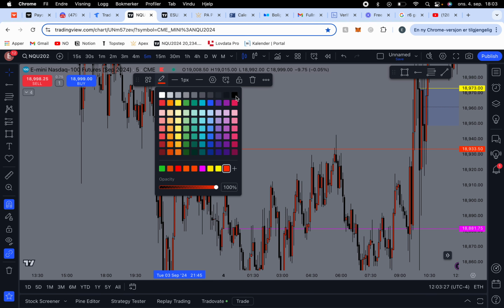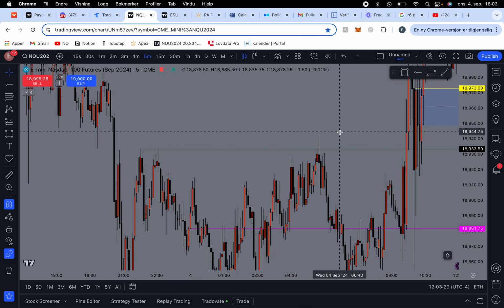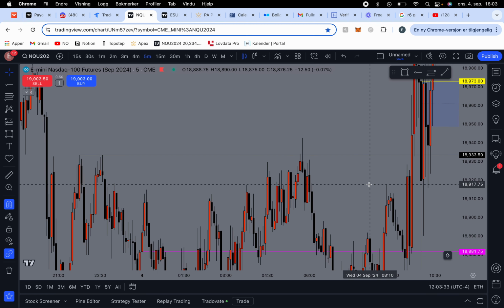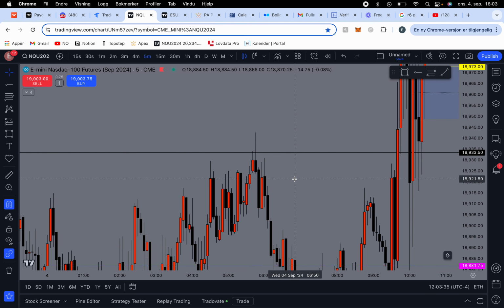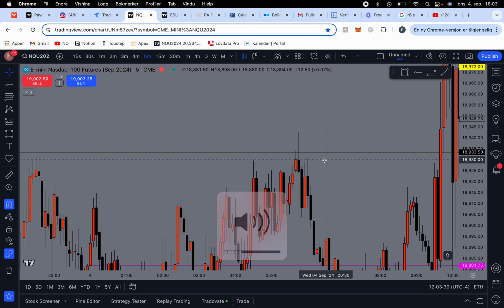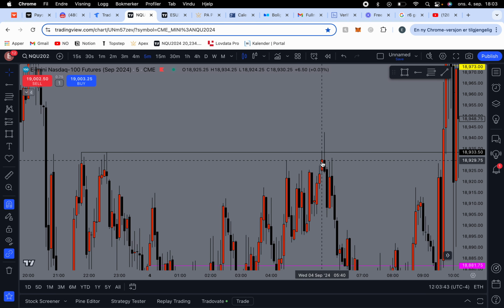So I don't know if you guys watched the rejection block video. Some of you probably did, some of you probably didn't. But anyways, what a rejection block is, is just the start of a wick. You see how we sweep these highs and then we have this huge rejection wick. This is a rejection block. I guess you can call it a rejection wick or whatever you want to call it, but anyways,